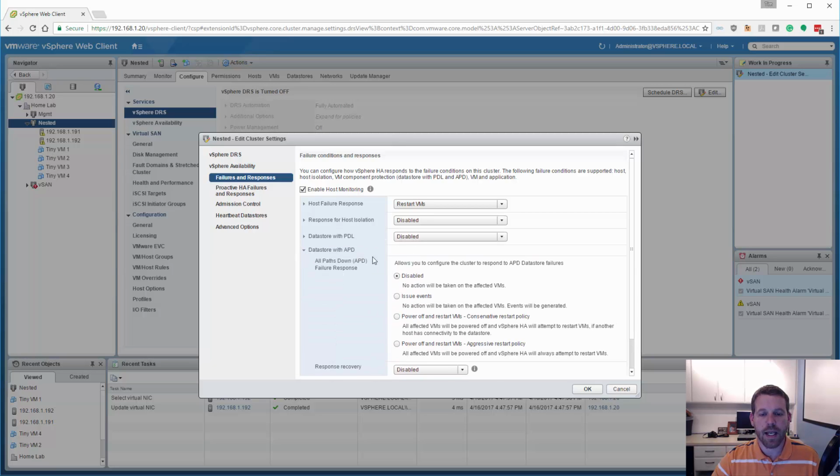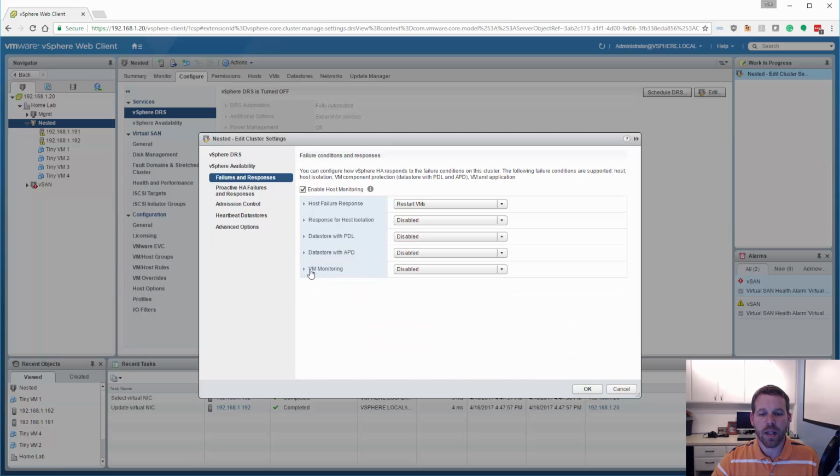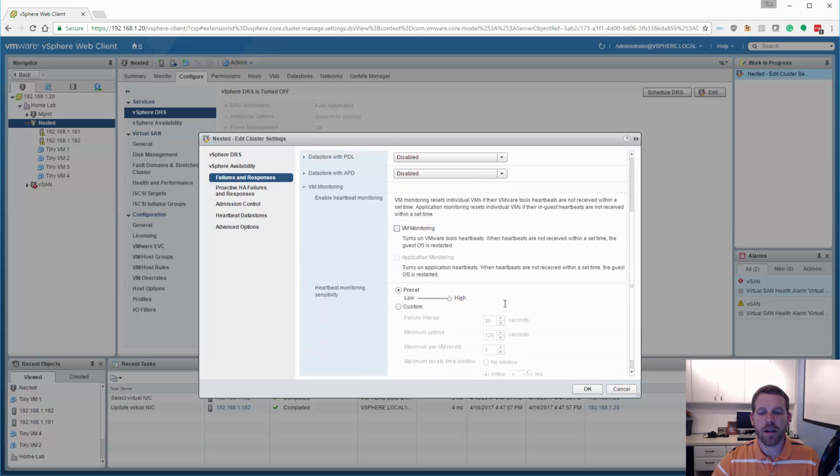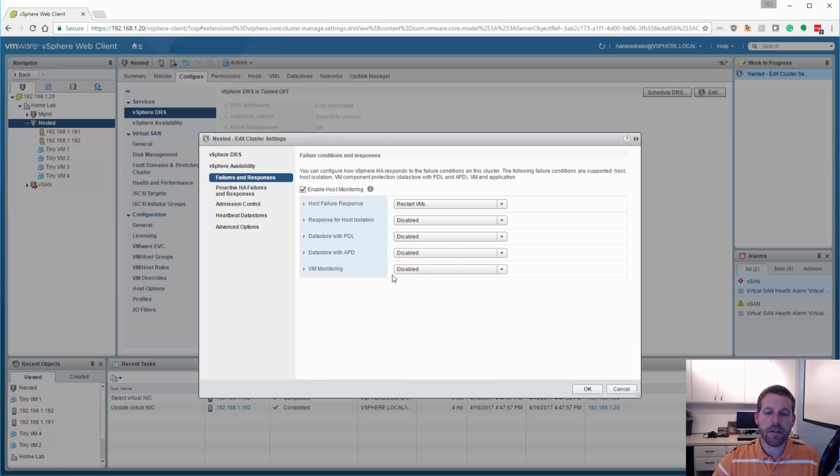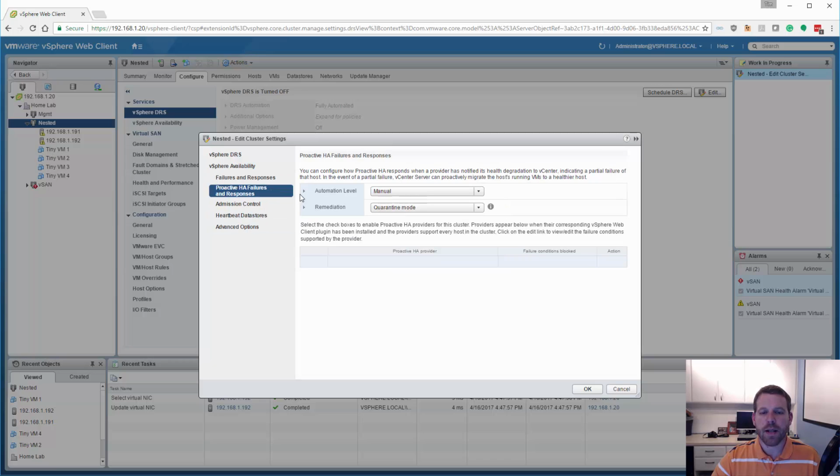All paths down, ADP or APD. And we can also monitor virtual machines themselves by looking at the VMware tools heartbeat that gets sent back to the hypervisor. By default, that is also disabled. In the proactive